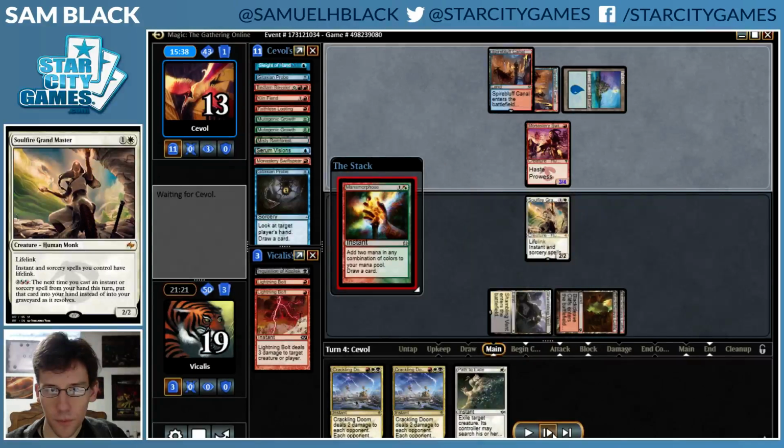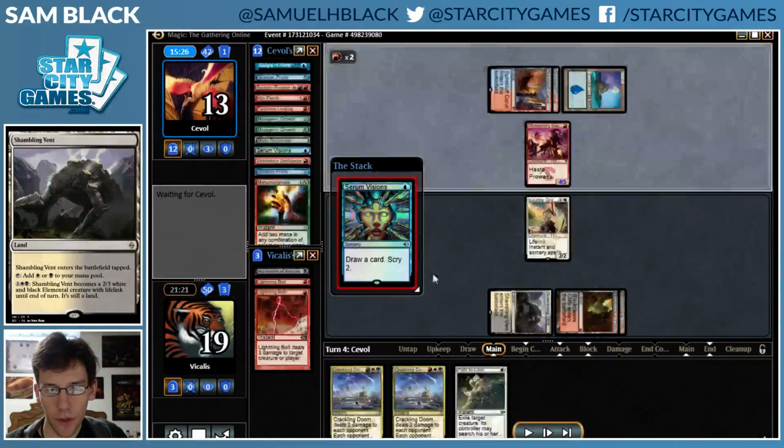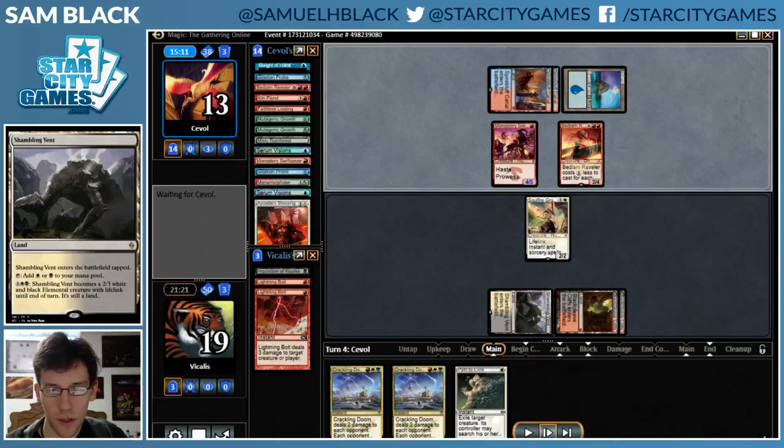So my opponent probes into Manamorphose, into Serum Visions, and I think they're really just hoping to draw a land here so they can play a land and play Bedlam Reveler and not be down any resources while finally getting around to reloading. They don't find a land, so they discard Apostle's Blessing,